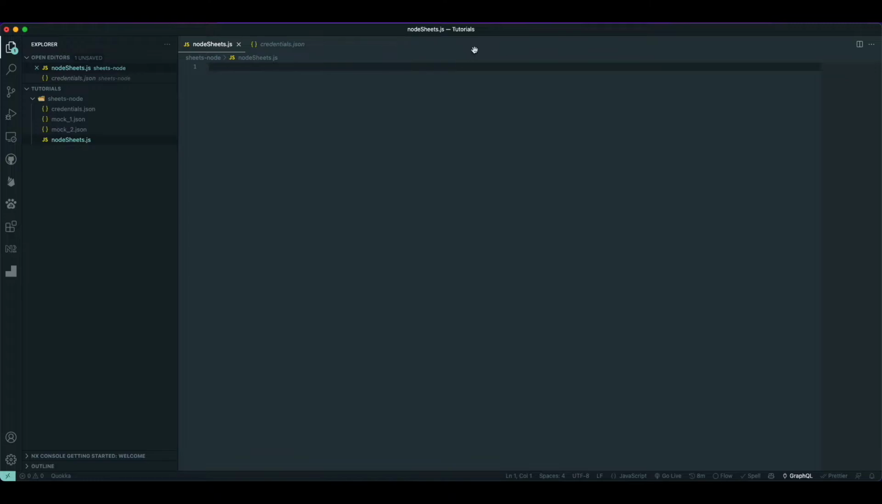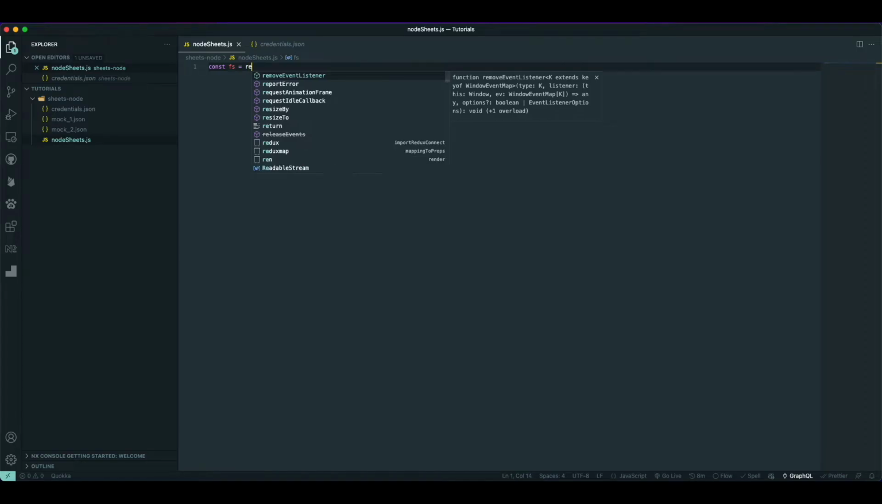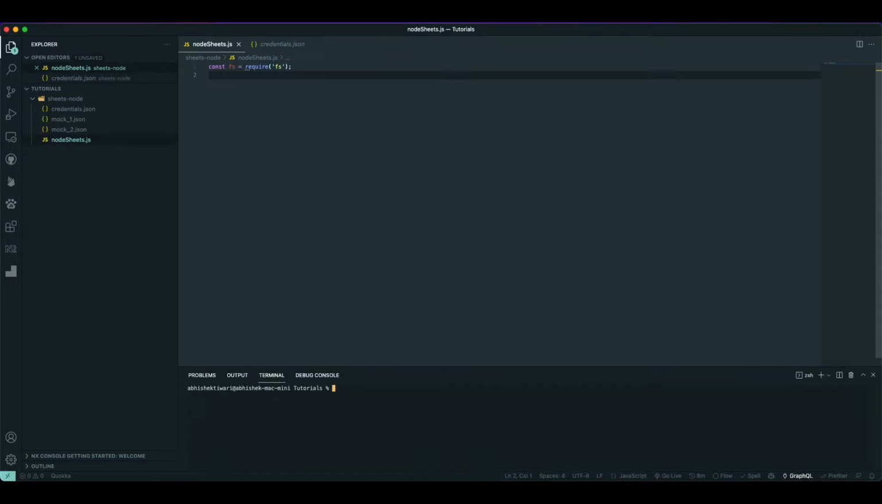The first thing we need to do, in order to automate a sheet, is import the file system module, right? Import the file system module. Now we need a Google APIs package, which we will use to access the Google services, right? And let's